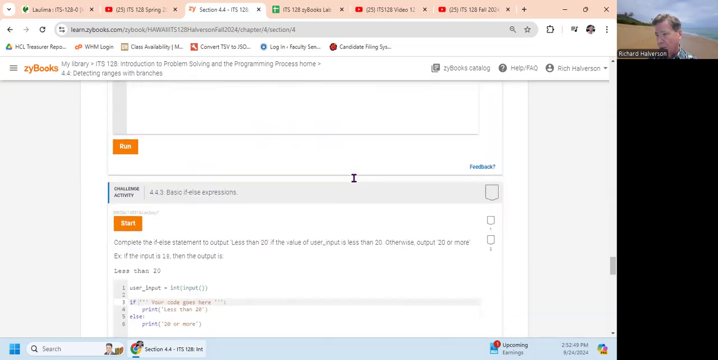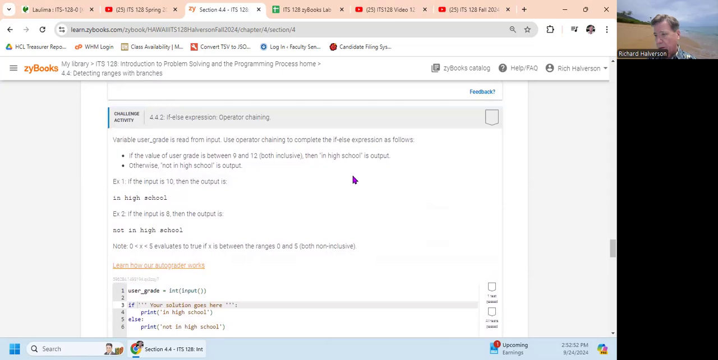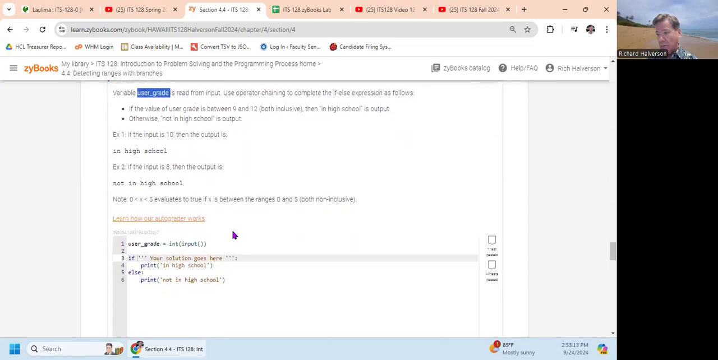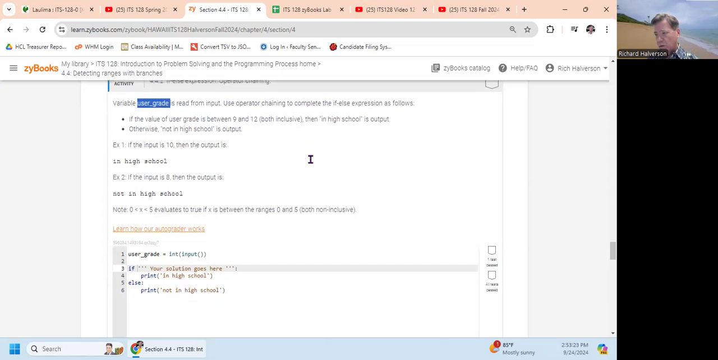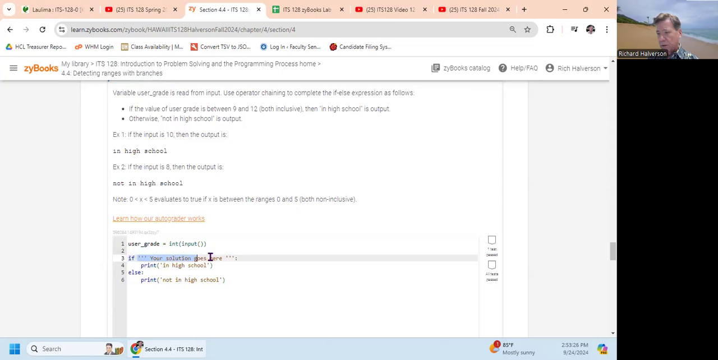All right, what's this one? The variable user grade is read from input. Use operator chaining to complete the if-else expressions. Operator chaining. Well, if the value of user grade is between 9 and 12,